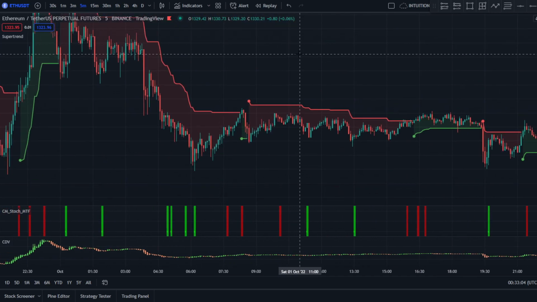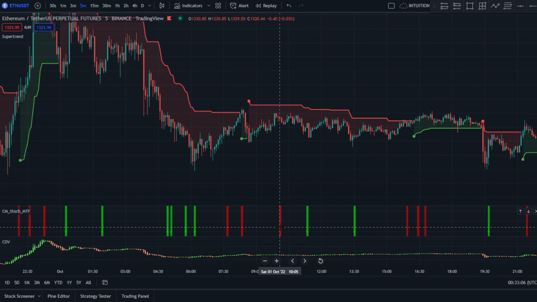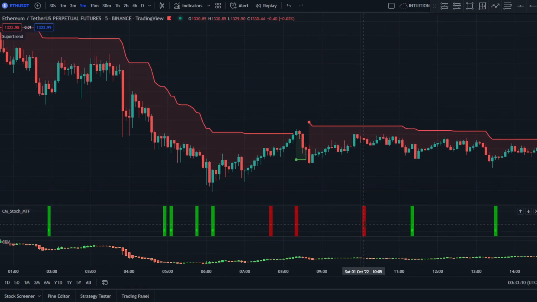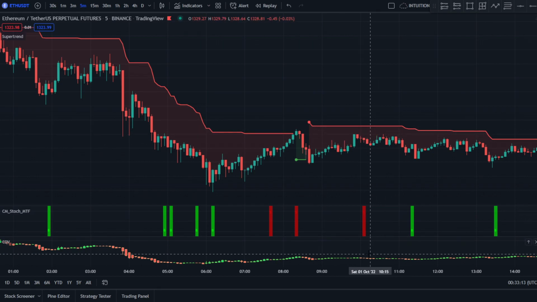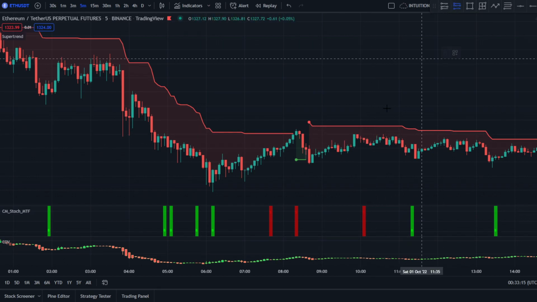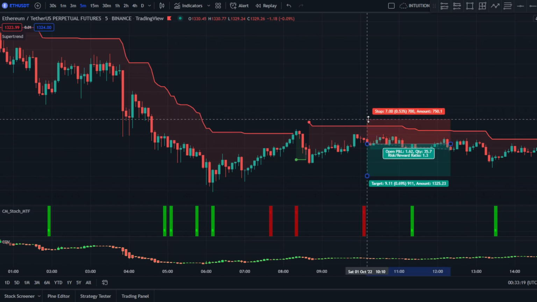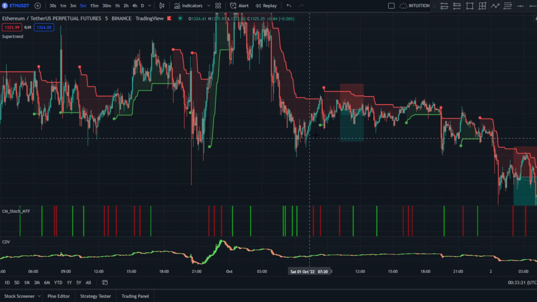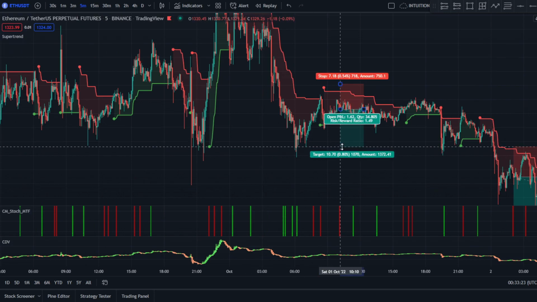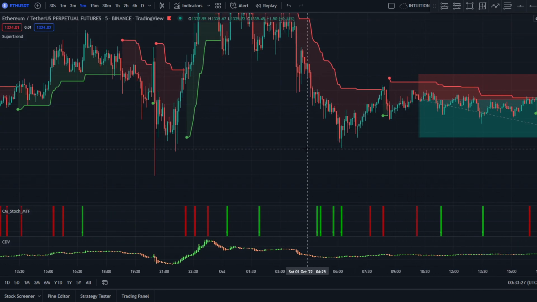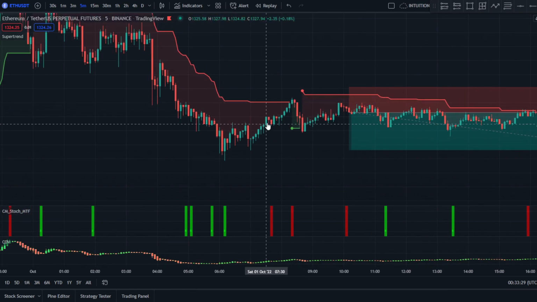You can see that we have a red signal here, and the price is below, and the candle after that is red in color, so it's a valid position. Stop loss right above, take 1.5:1. There'll be another win. Right here we have avoid this trade because you can see that the candle after this